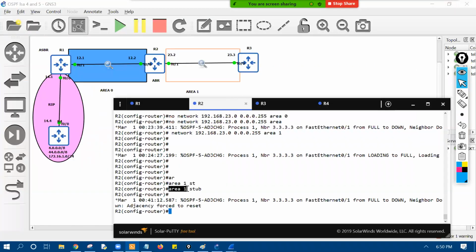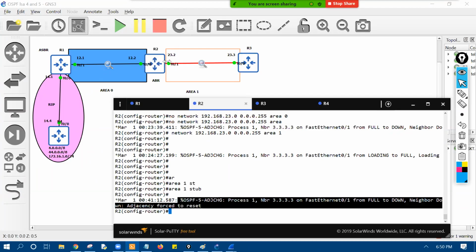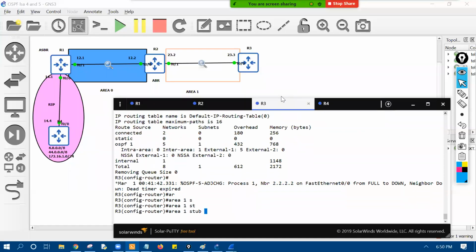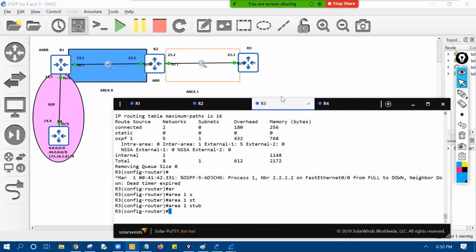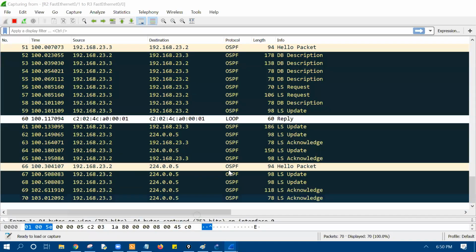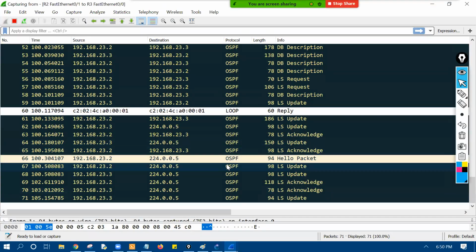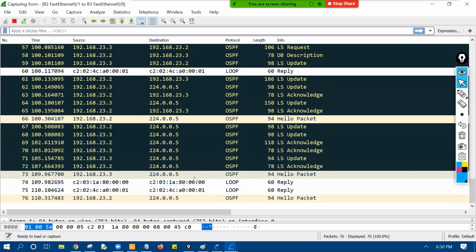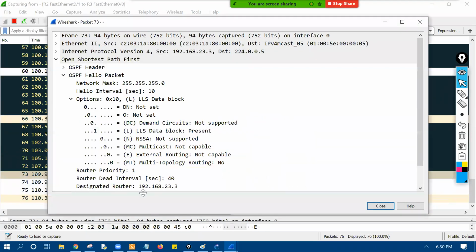So I have configured the area 1 stub and I broke the neighborship because R2 has configured the stub. This guy is sending the hello packet, but R3 is sending the hello packet with a different option field, right? I need to make R3 a stub as well. And now they will form the neighborship. Now they will exchange both packets with the option flag one. If you see now 23.3,